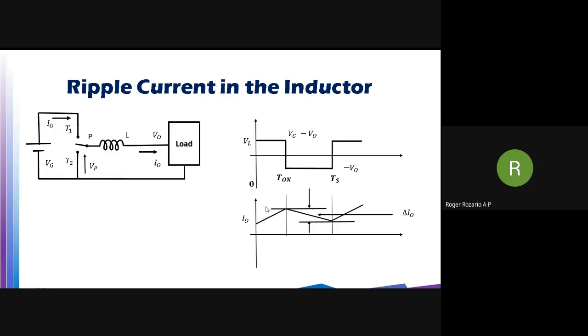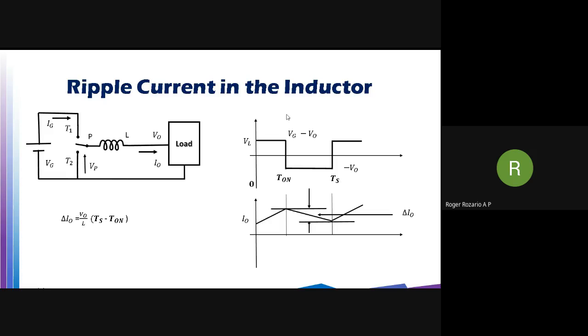During the on period, if you integrate the voltage across the inductor, you will get the current flowing through the inductor. You can integrate the voltage during the first subperiod, or during the second subperiod. The on time is the first subperiod, and the off time is the second subperiod. We integrated the voltage across the inductor during the second subperiod, between T on and Ts.